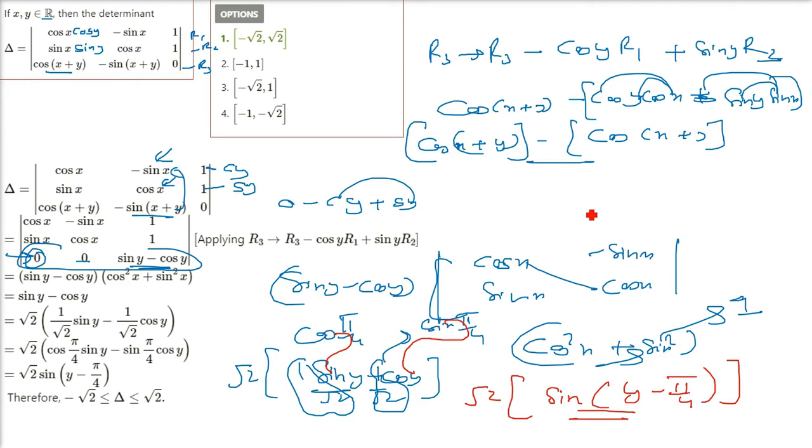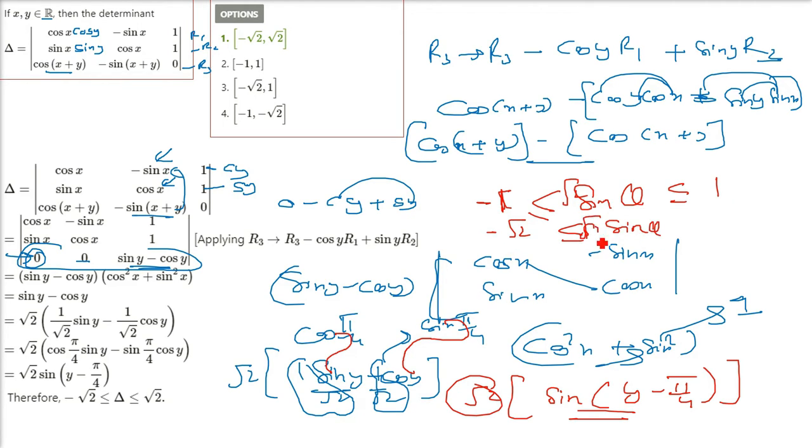Whatever is there, theta can be anything, but sine will always be between negative 1 and positive 1. Always. So negative 1, positive 1, and because root 2 is there, multiply by root 2. You get sine theta root 2, and this is going to be from minus root 2 to root 2, so the first one is the option. Theta is real here. The maximum value of this determinant will be,